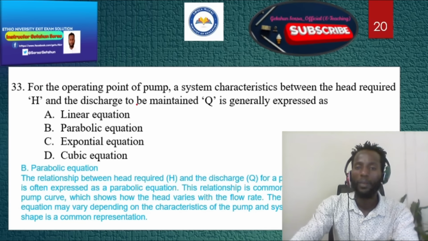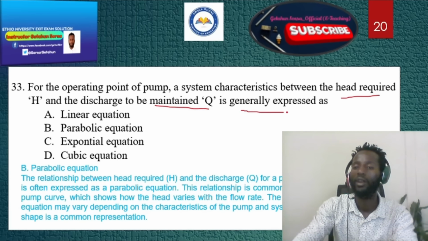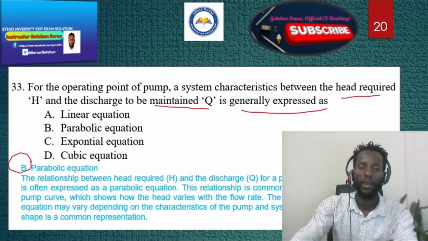For the operating point of a pump, the system characteristic between the head required and the discharge to be maintained, Qo, is generally expressed as: A. Linear equation, B. in the form of a parabolic equation, C. in the form of an exponential equation, and D. in the form of a cubic equation. So the correct answer for this question is the parabolic equation. The next question is,